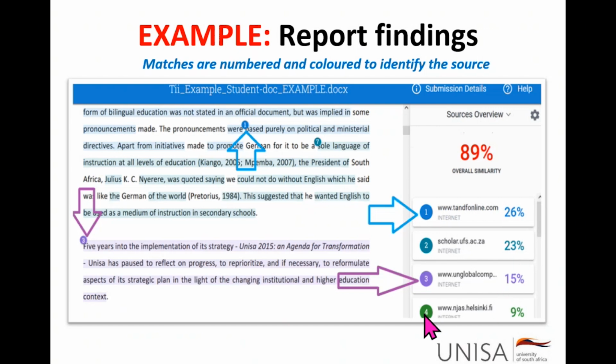Even my number 4 that peaks out here at the bottom, that's 9%. It is way above the 5% guideline. So we need to review what was used or how it was used and address this. It doesn't mean that if it is less than 5%, it is simply going to be acceptable,